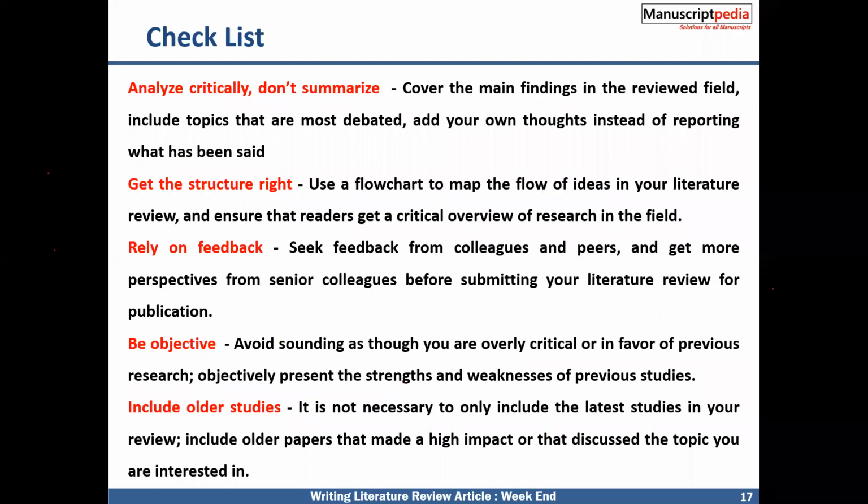The next point is that the structure is very important. For example, you start with a title, then abstract and keywords, and then the introduction. The structure of the literature review paper is very important, and here you can add some chronological data. For example, if I am typing smart fluid or MR fluid in Google Scholar or Scopus, you can use Scopus rather than Google Scholar.